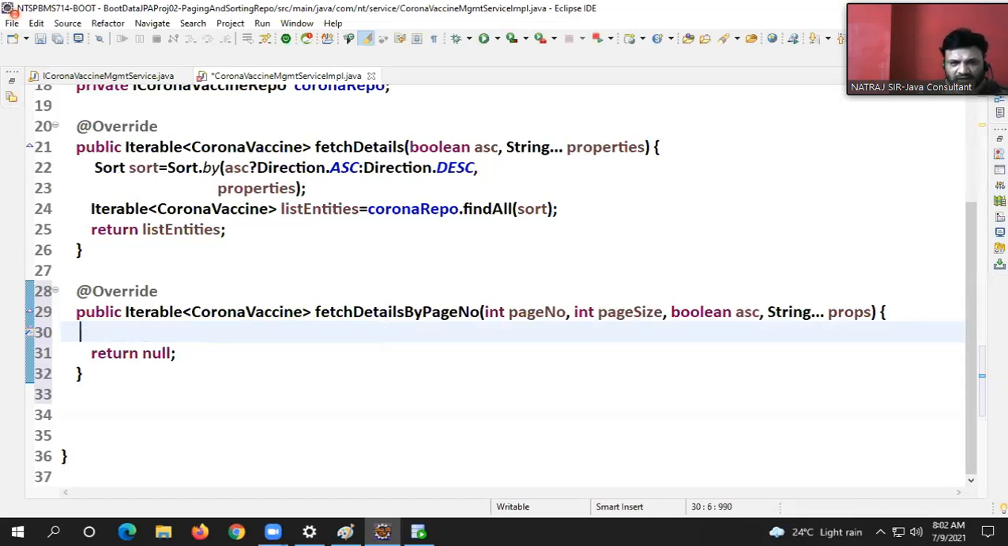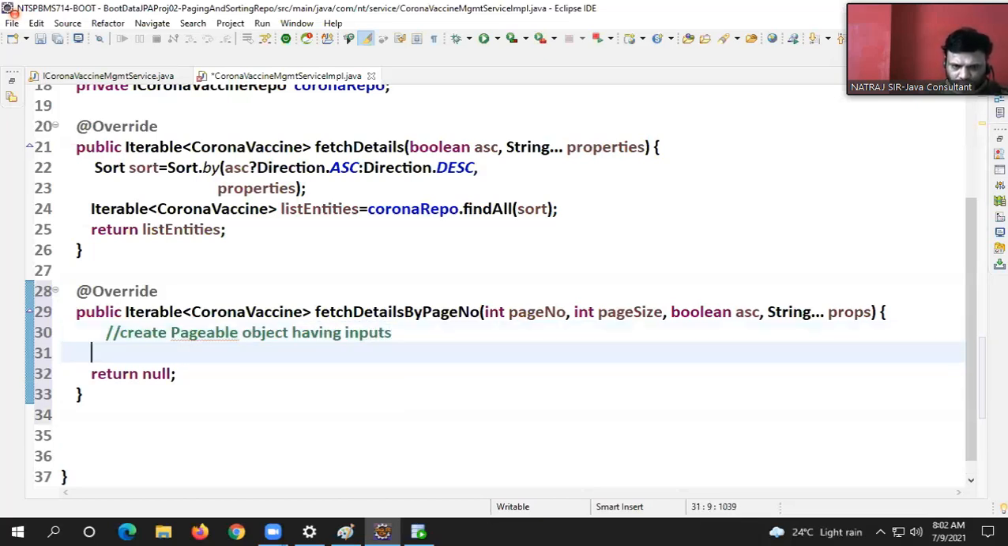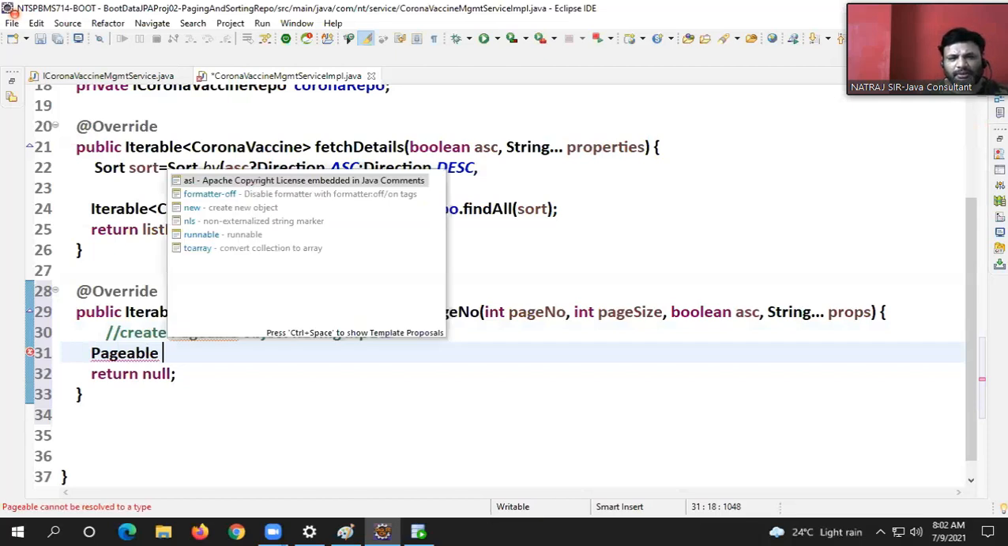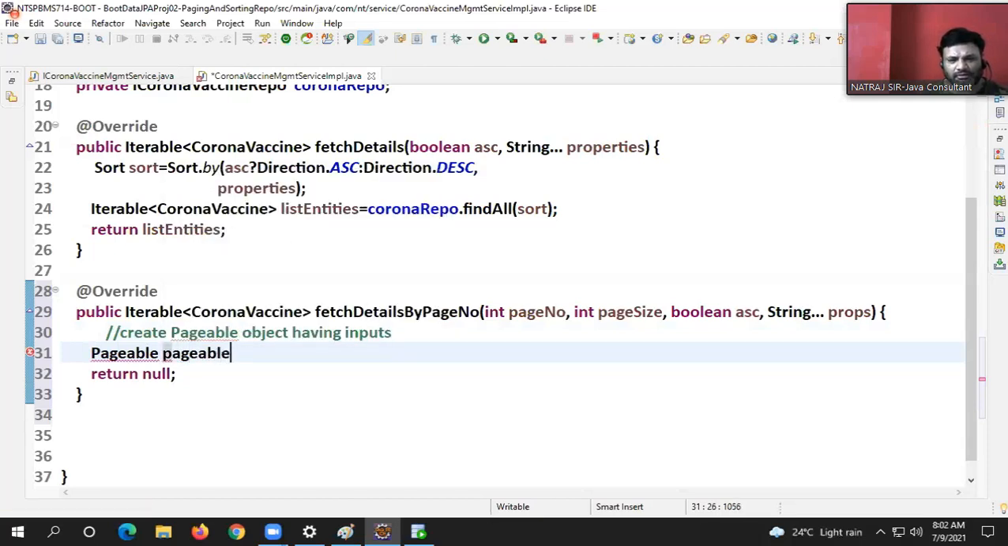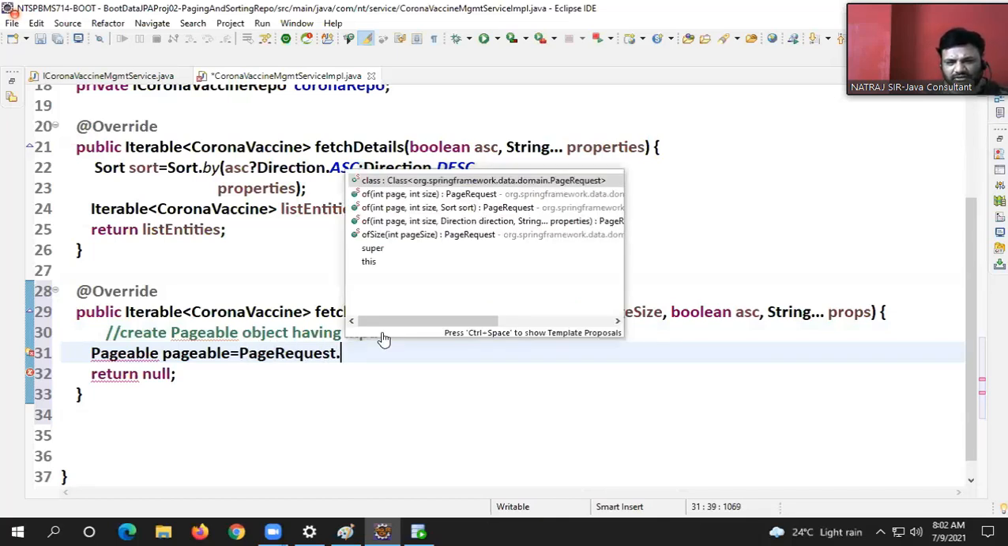Okay, guys. Now here, what should I do? Create a pageable object having inputs. Tell me, Pageable pageable is equal to PageRequest.of,